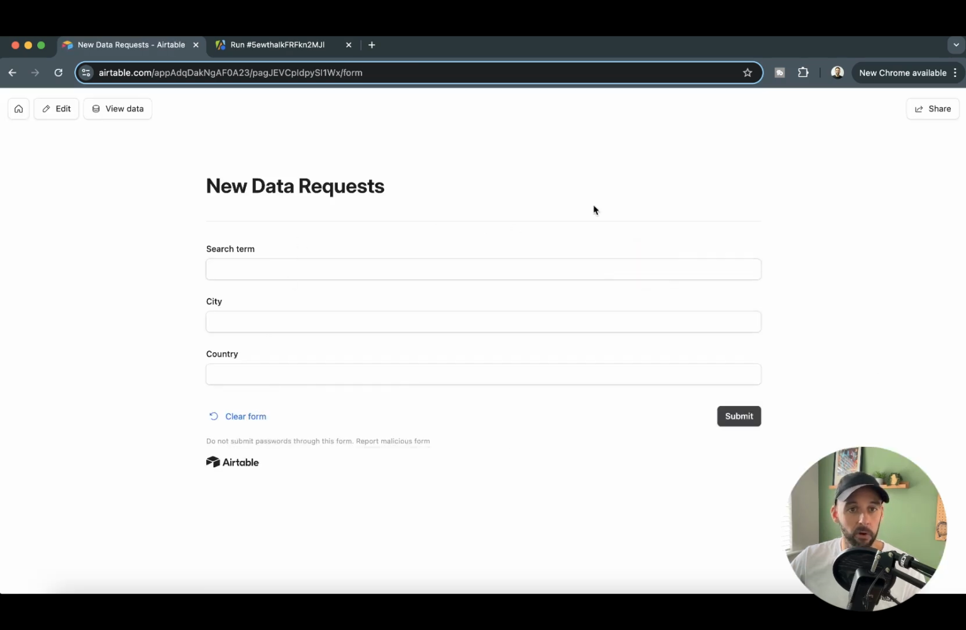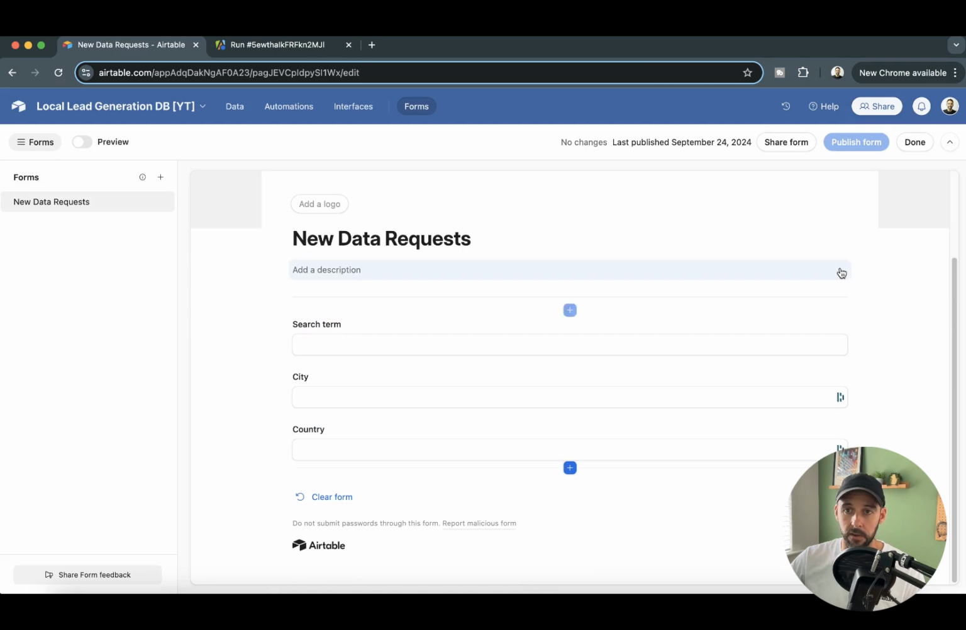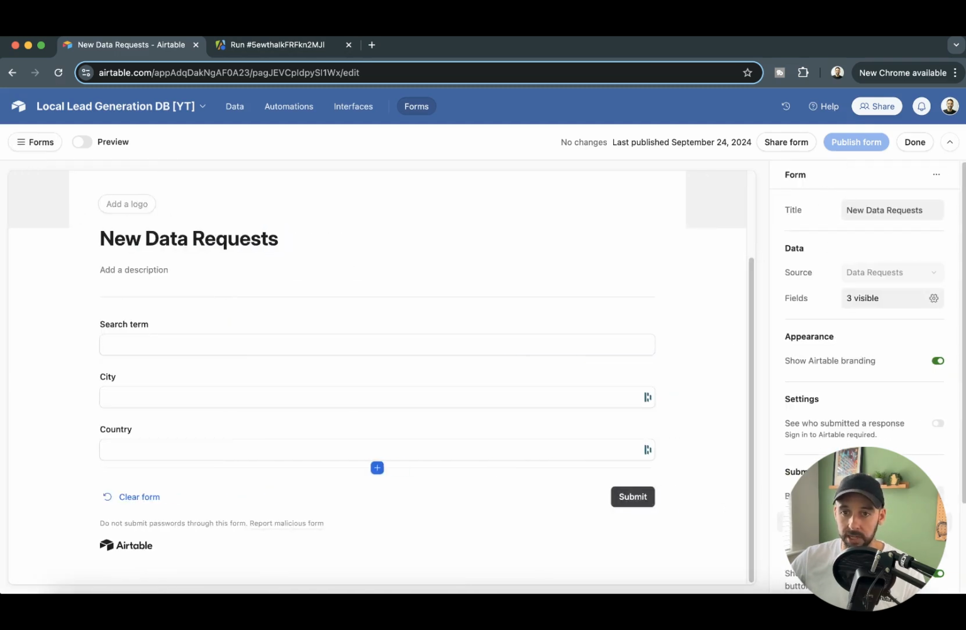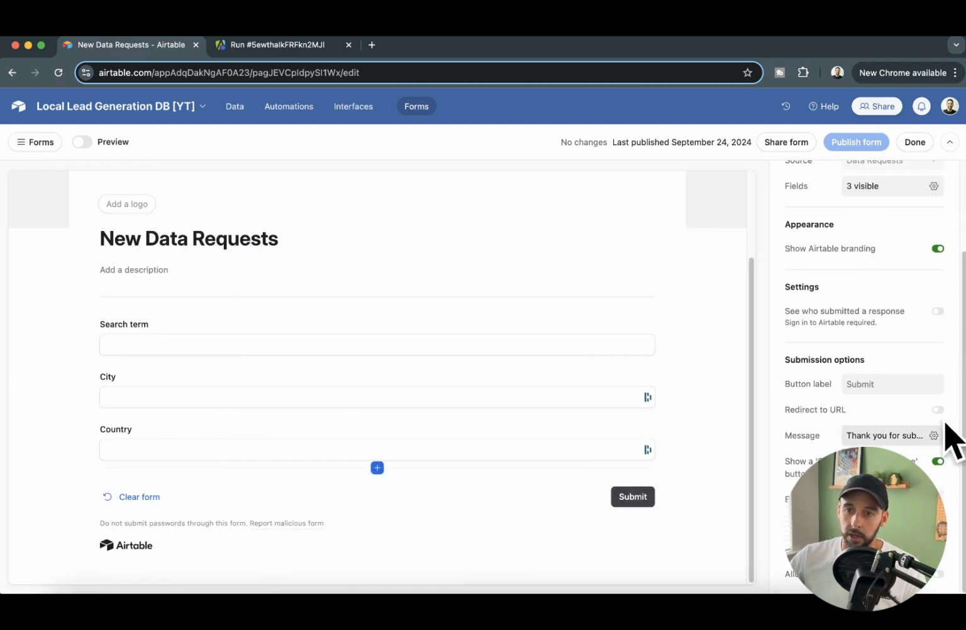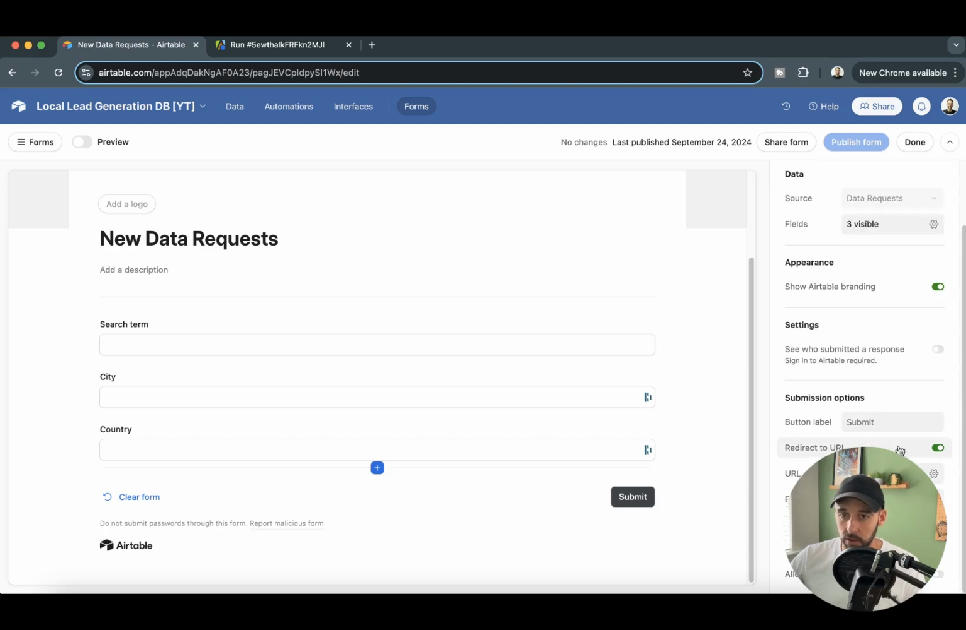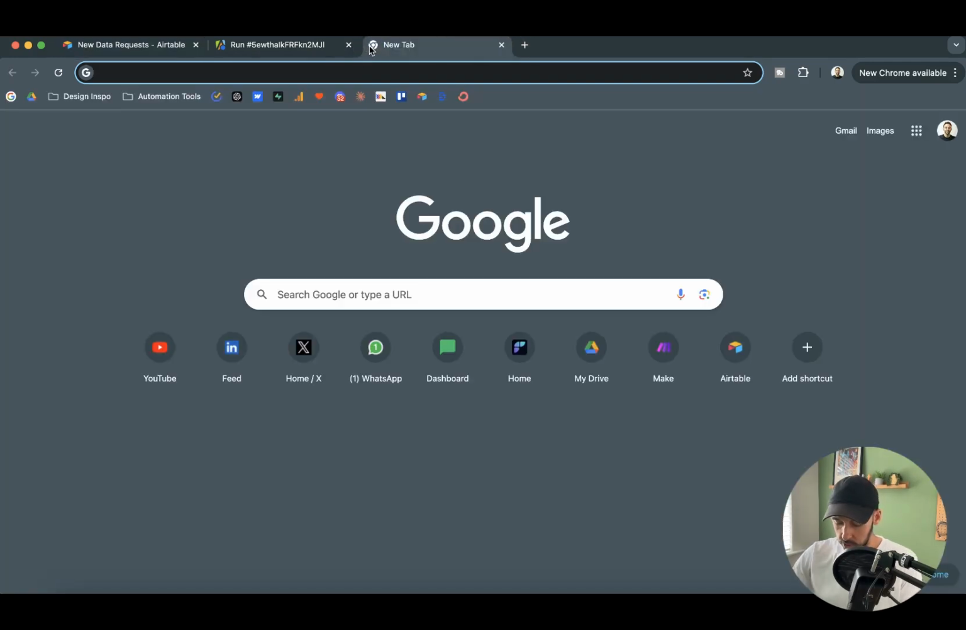So now we have our form. We can input details here, and it's going to populate our Airtable database. If I go to edit, I'm just going to stay on this screen here because if I click on this, it's going to open up the settings. We are going to need to use the redirect to URL, so I'm going to turn that on, and we're going to show you why in a sec. So now if I go to make.com,